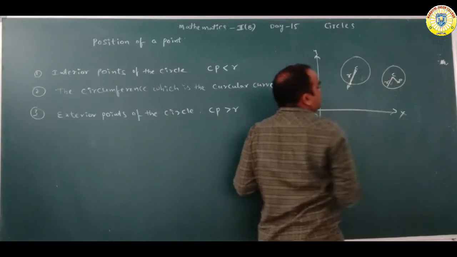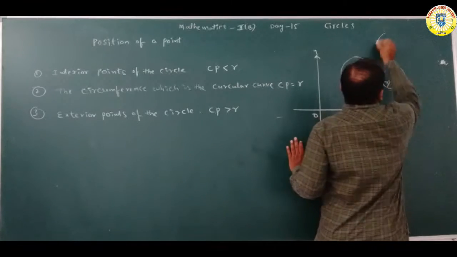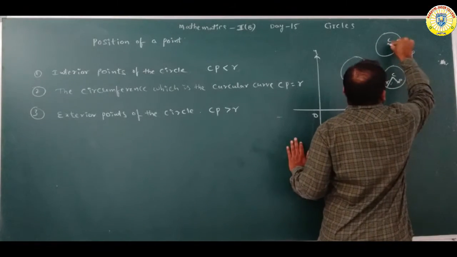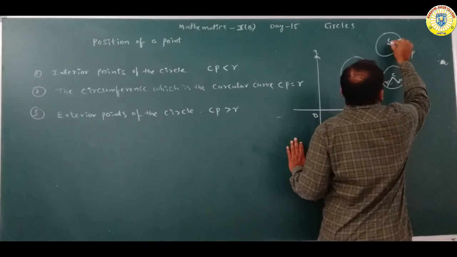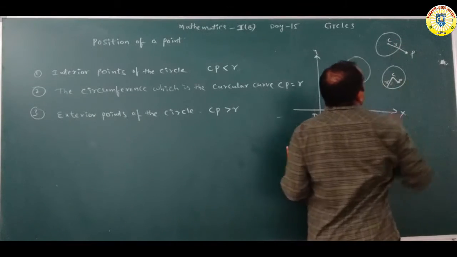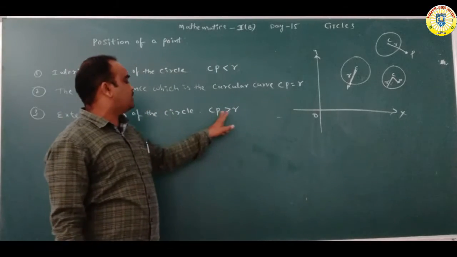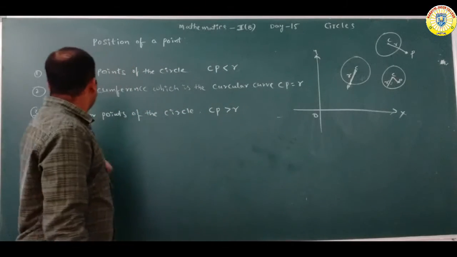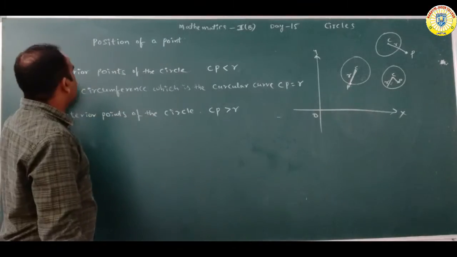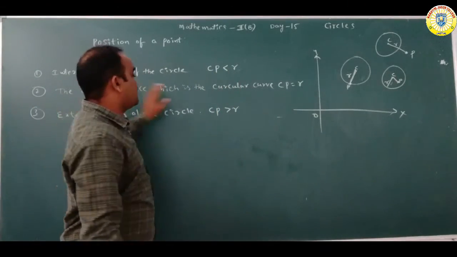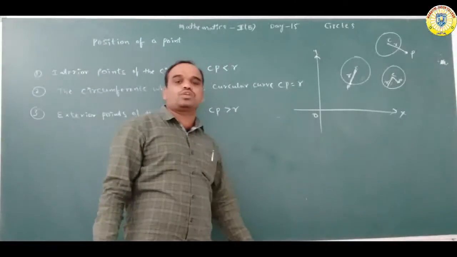This is the interior point. So here we are taking the point P like this one. This is the center. Here CP, this is which one, sir? Radius. So compared to radius, CP is the greatest value. CP greater than r, in that case exterior point of the circle. Interior point of circle means CP less than r. And for a point on the circle, CP is equal to r.